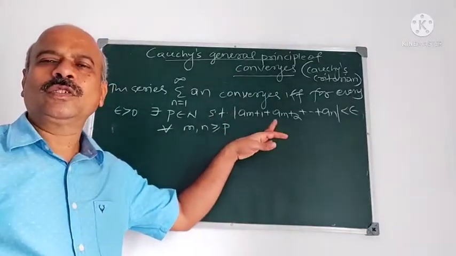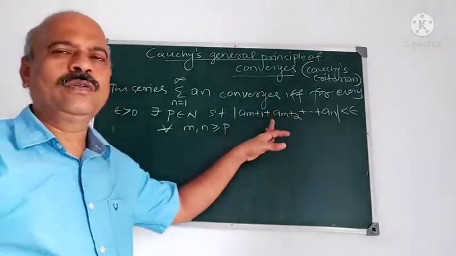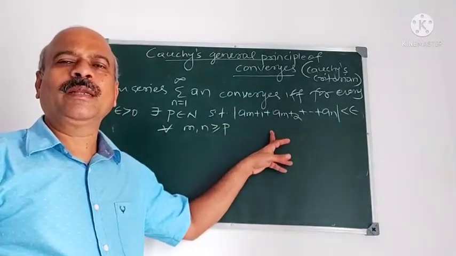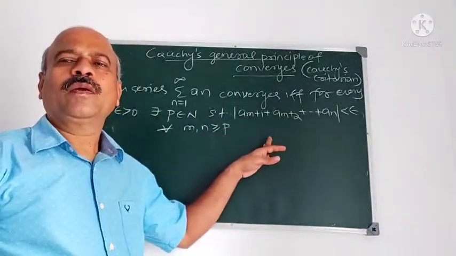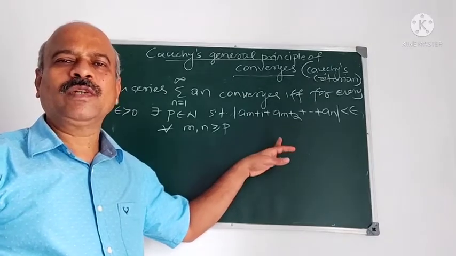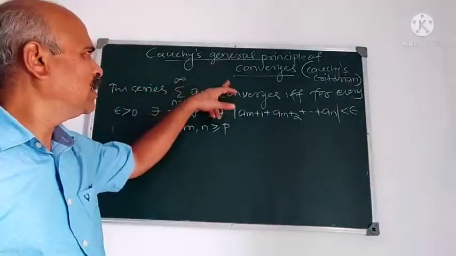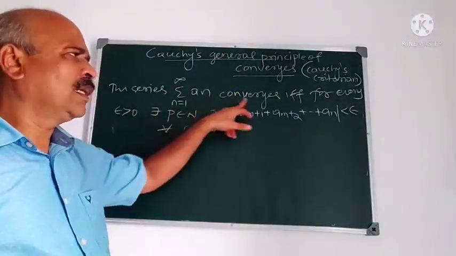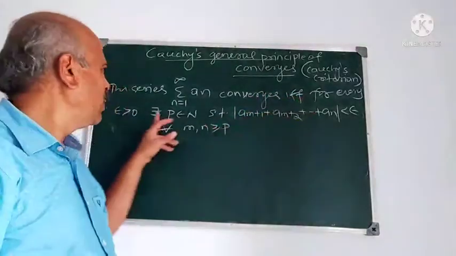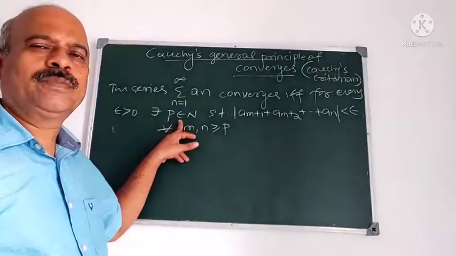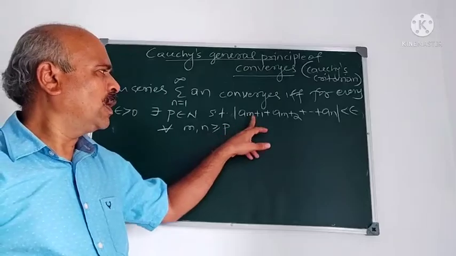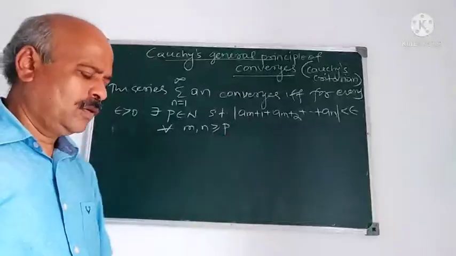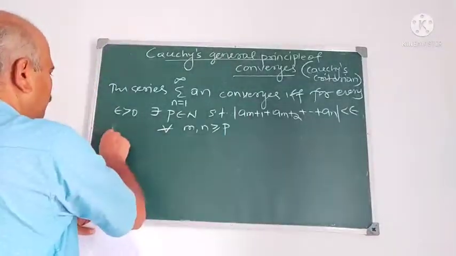Understand this: we use it when it is difficult to form a sequence of partial sums. We directly apply this Cauchy's general principle. The proof is based on Cauchy sequences. Now, what does this Cauchy's general principle of convergence state? A series sigma an converges if and only if for every epsilon greater than 0 there exists a natural number p, so that mod of a(m+1) plus a(m+2) plus etc. plus an is less than epsilon for all m, n greater than or equal to p. Now, to prove this one,